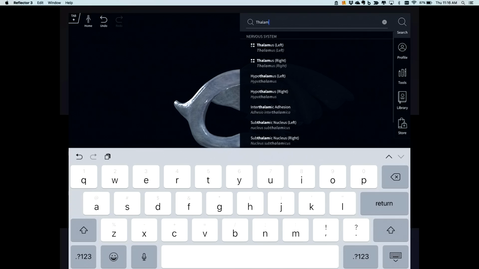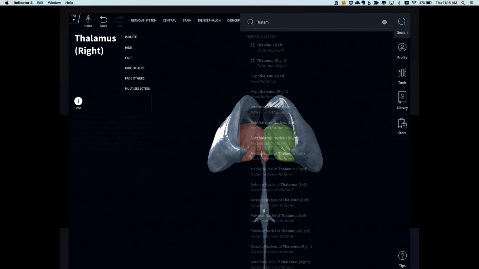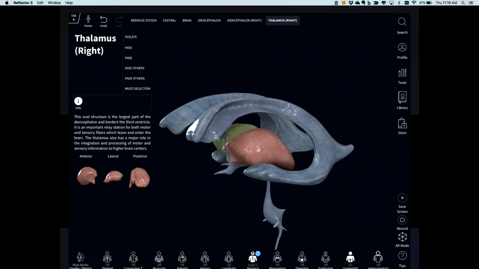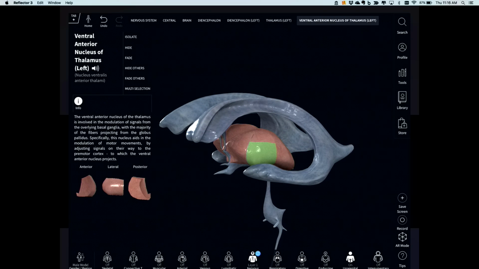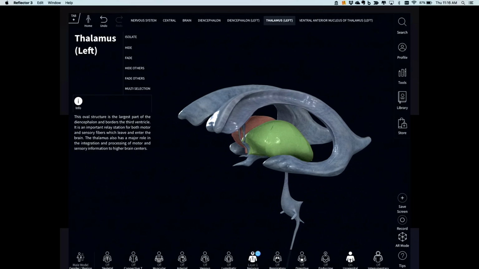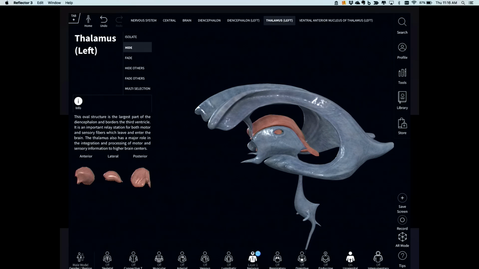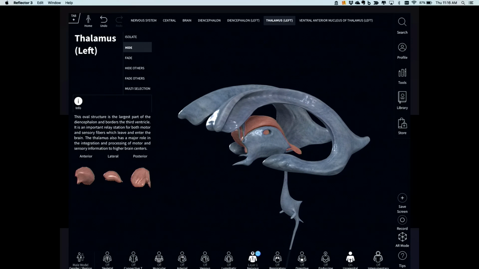So for instance, we talked about the thalamus. Here you can see the thalamus, one of the major parts of the diencephalon. It surrounds the third ventricle. So if I fade this, maybe I'll just hide it. You can see how it sits right abutting the third ventricle. It surrounds the third ventricle, and the hypothalamus,